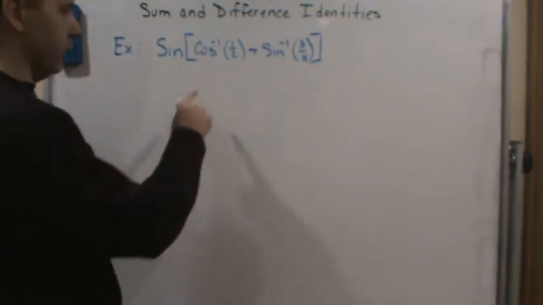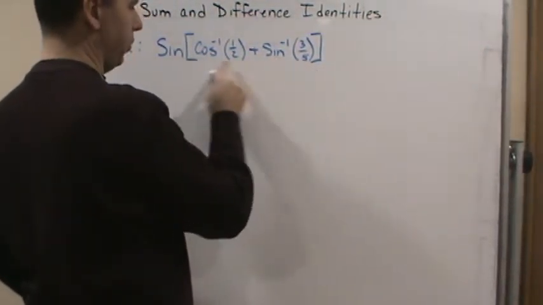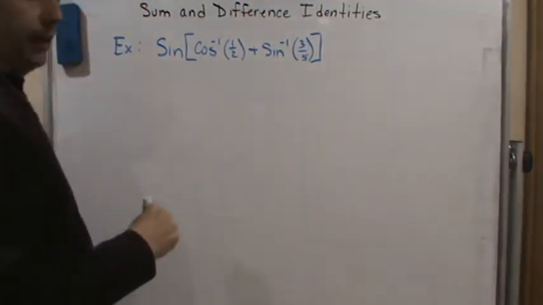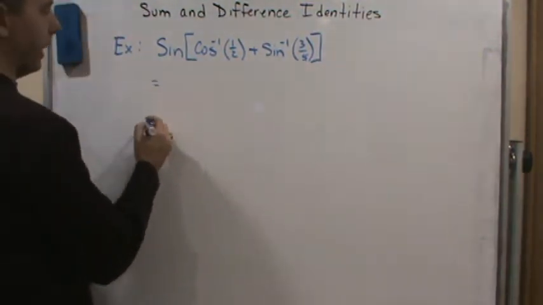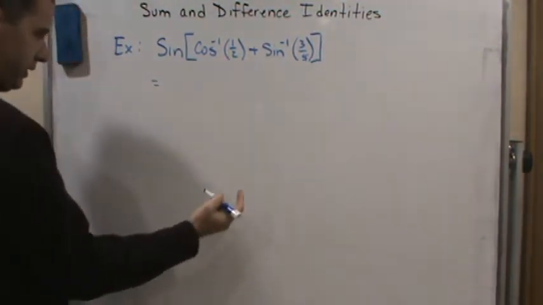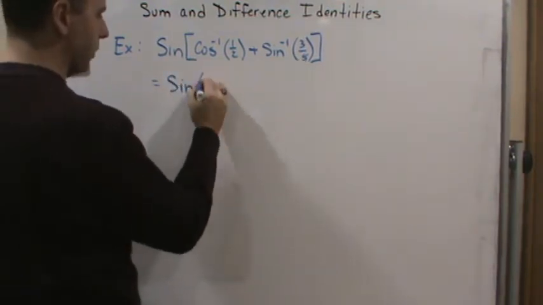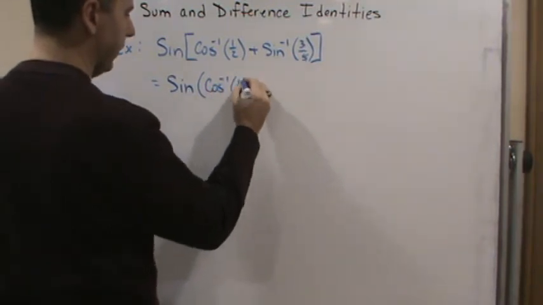Just think of this as an angle, angle 1, and this is angle 2. Think of this as alpha, and this is beta. And then just apply the formula. So let's do that. Just think about what's going on. It's going to be sine of the first angle, which in this case is cosine inverse of 1/2